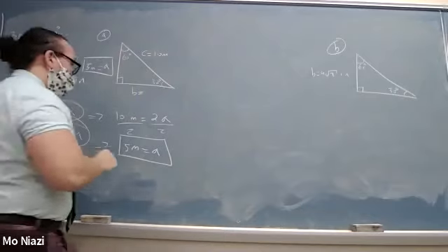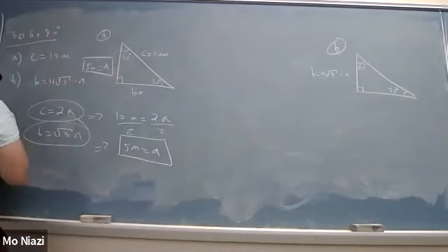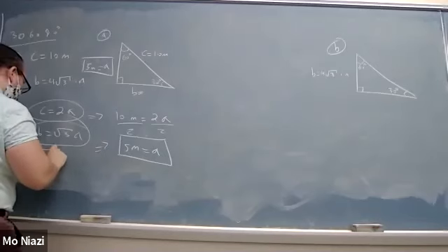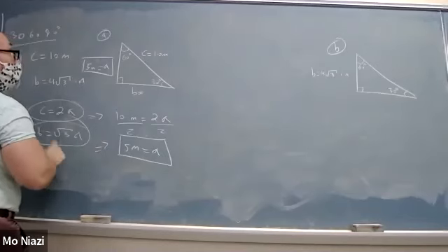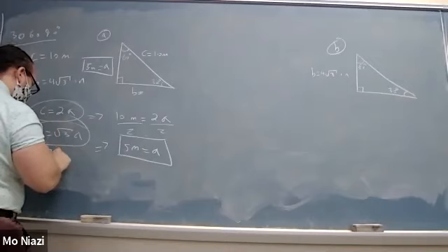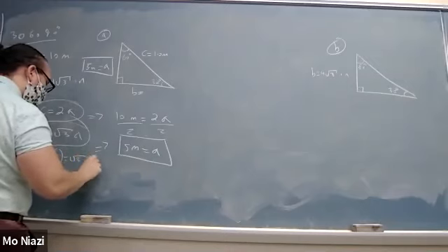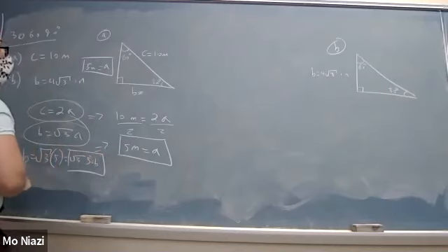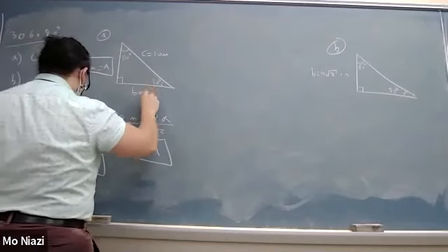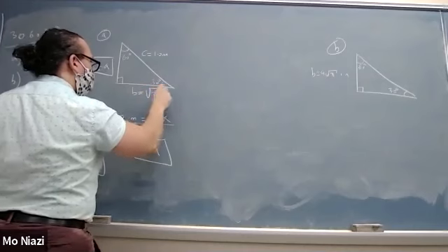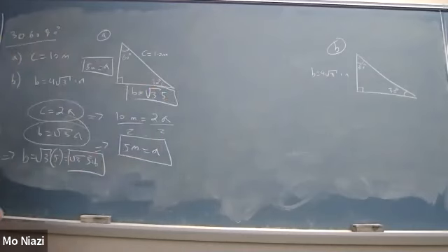Excellent. So notice that this implies that B is equal to the square root of 3 times your A, which is 5. This equals square root of 3 times 5, which is your B. Square root of 3 times 5. Done. Given just one piece of information about a 30, 60, 90 triangle, you were able to extract these two